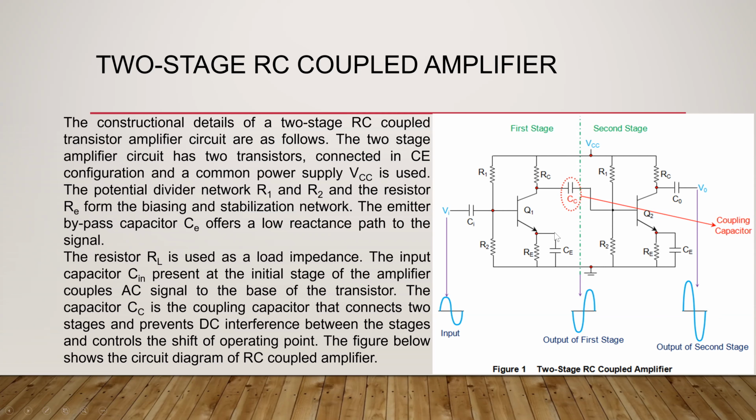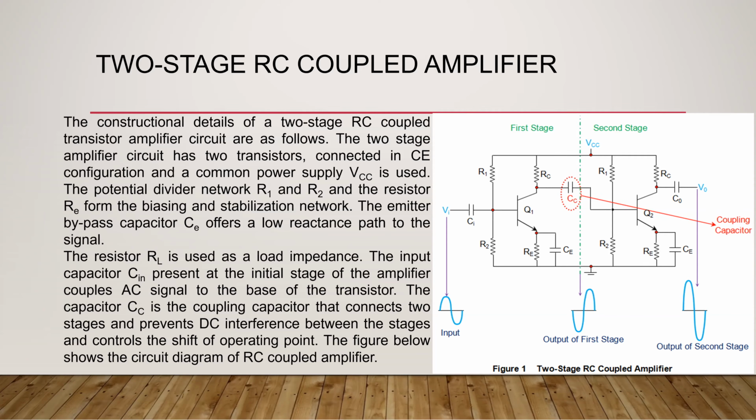The overall phase shift is 180 plus 180, that is equal to 360 degrees, which is nothing but 0 degrees. Therefore, if we use a two-stage self bias multi-stage amplifier, the phase difference between the output and the input is 0 or 360 degrees. That is, the output waveform is the same as my input waveform. This is one more advantage of a multi-stage amplifier.